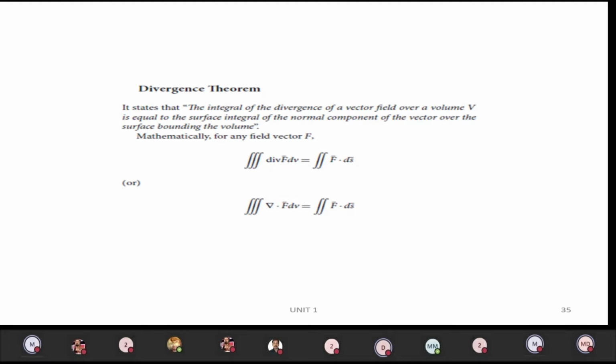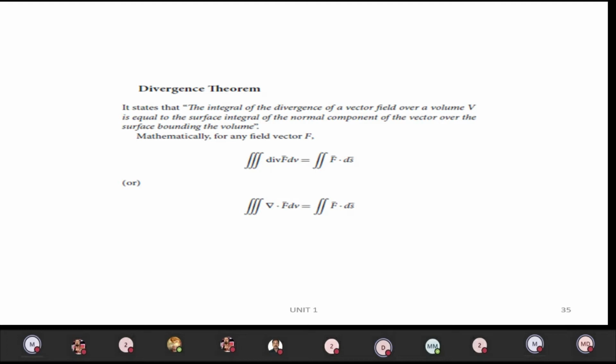So, in the last session, we have seen the basic electromagnetic field concepts, the different coordinate systems and different vectors, dot product of vectors, cross product of vectors, and the transformation of coordinates and vectors. We have also seen the basic concepts of gradient, divergence, and curl. So the next one we will be having is the divergence theorem.